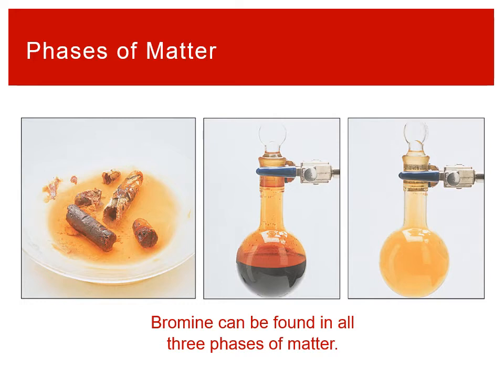So this is bromine. We can have bromine solid, liquid, or gas. And having those sorts of classifications are really useful. We can see the properties of bromine. Liquids have surfaces. Gases don't have surfaces. Solids have shapes. So those sorts of things that we can start to make predictions about.